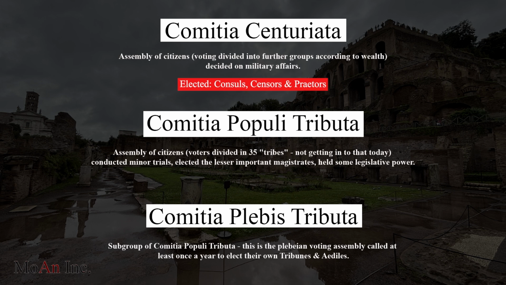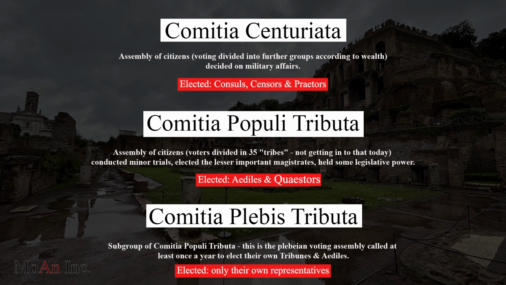The tribal assembly was made up of all the Roman citizens, basically. This specific assembly was responsible for electing only the aediles and the quaestors. And then the plebeian council, which is the bottom, they were the principal assembly of the plebeian class. Remember how I said that even though the plebeians were the majority of the Roman people, they did not have as much of a say as you would assume or that you would hope that they would. This is the prime example.